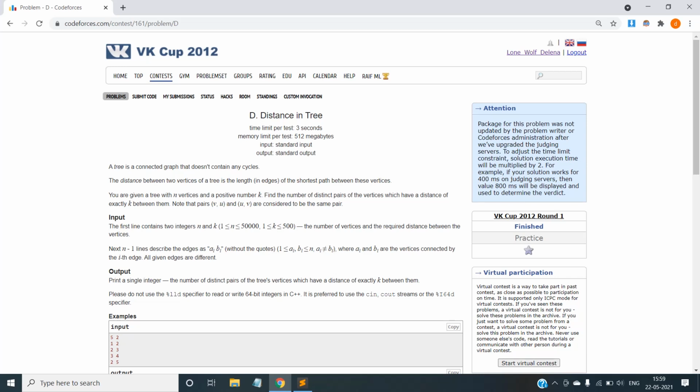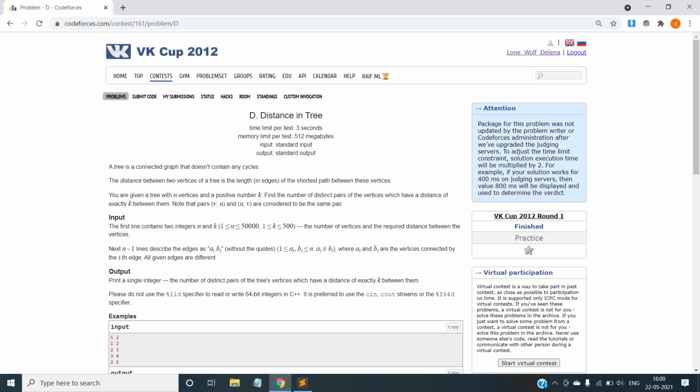Let us take the first case, that the ith vertex is the end of the path. If the path contains k edges, it has to contain a child of i, and the path that ends on the child of i will contain k minus 1 edges. That is, we will iterate through all the children of the ith vertex and add all the answers in which the path from the child is equal to k minus 1.